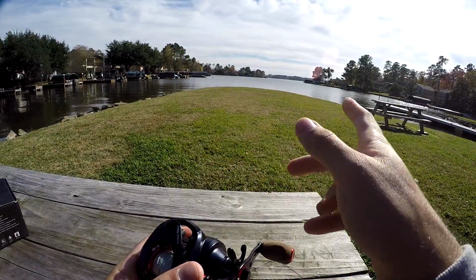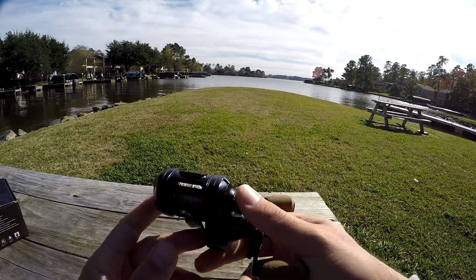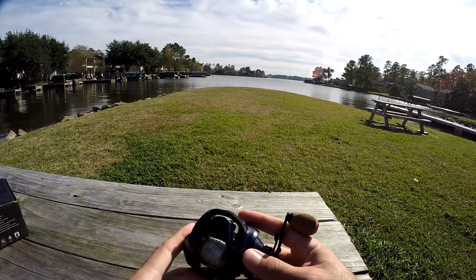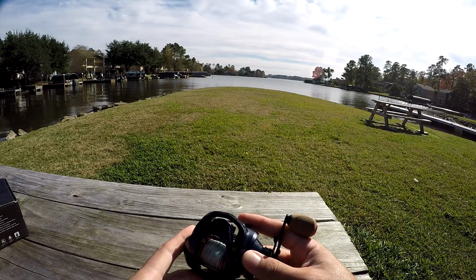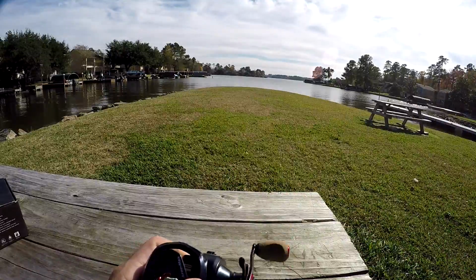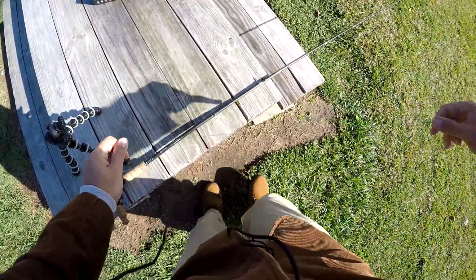Let's head over here to the end of the dock and just cast it a couple times, throw some topwater, see if we can catch some fish in the middle of the day on topwater. Don't have very high expectations, but hey, it's fishing. That's like my favorite thing in the world to do, is to